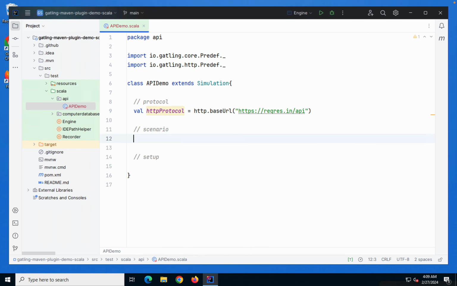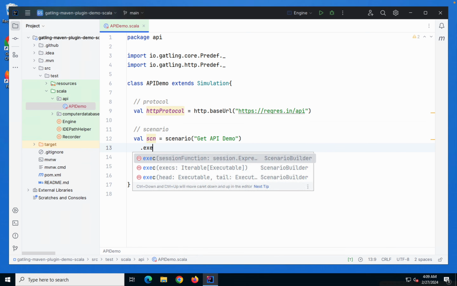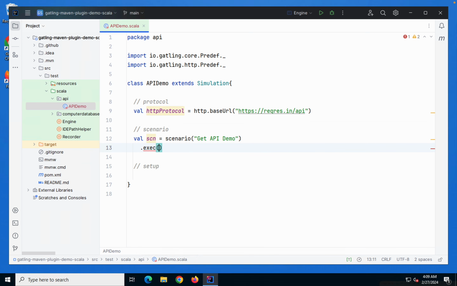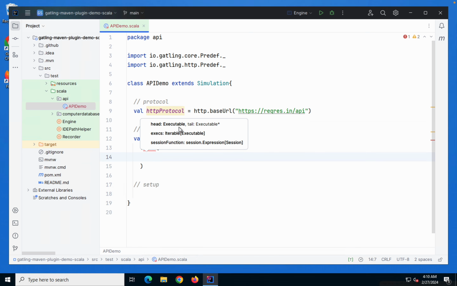and then I will have the scenario. So in the scenario I will say val, and let us say the scenario name is scn equals, and I will say scenario, give it a name. I will call it get API request, or let me say get user. I will say this is get API demo, and then I will create the exec block. I will say .exec, and now within the brackets I will say http dot